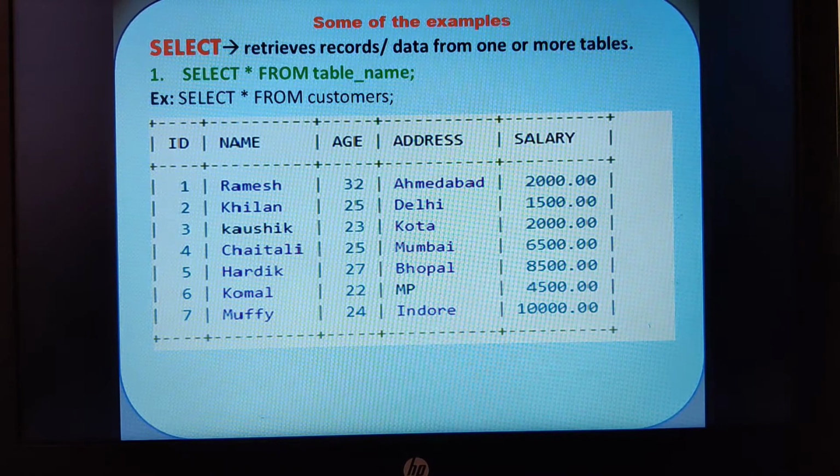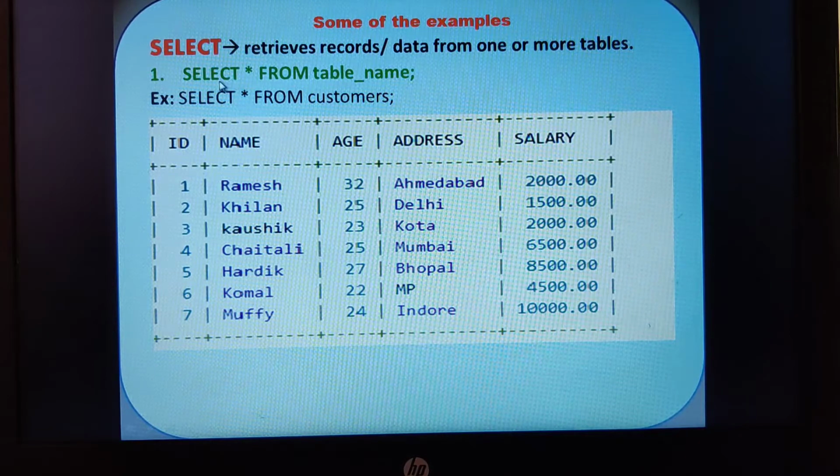Now suppose, for example, I have a table known as student. In my previous videos we took the table name as student, which had the fields register number, name and combination. If I want to view the complete contents of that table, then I need to write a query as select star from table name.